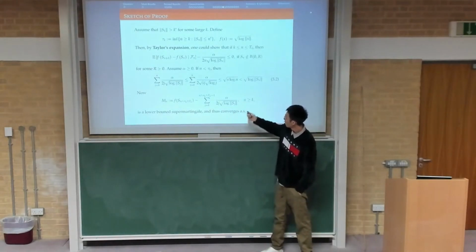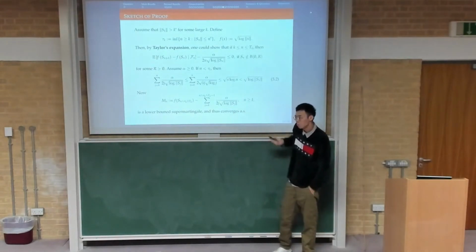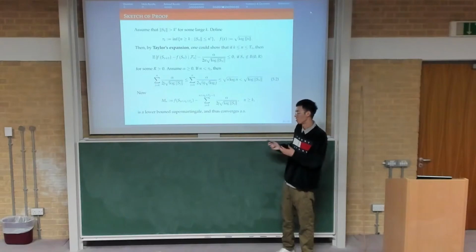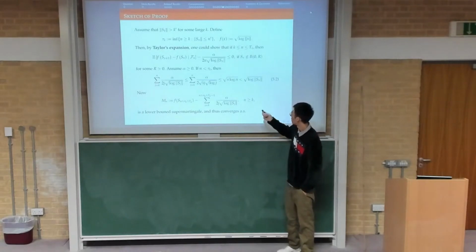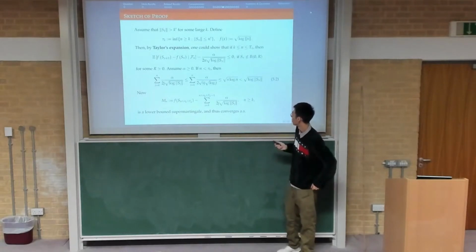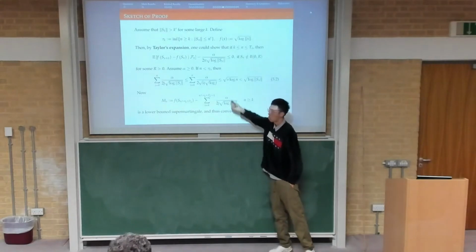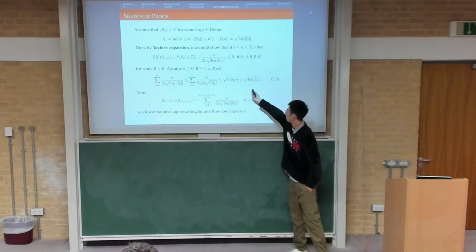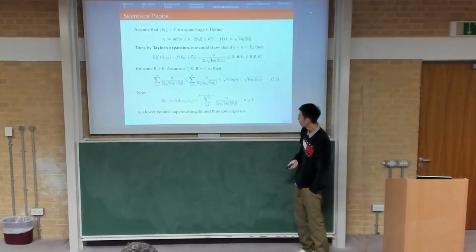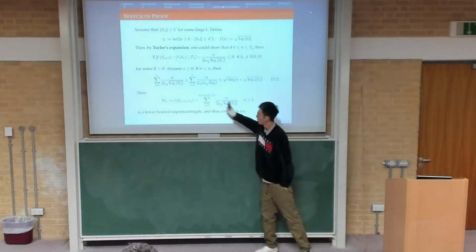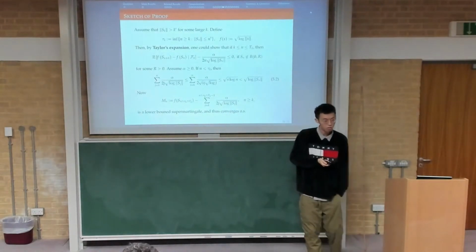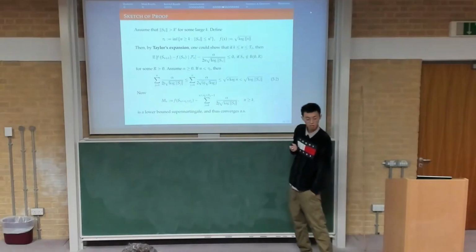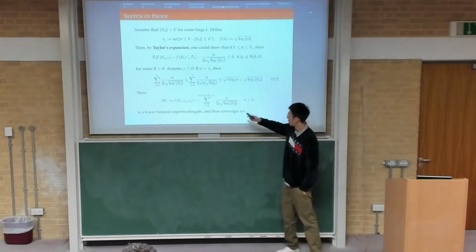Until time n, the total energy, or the total influence of the force, is upper bounded by the square root of S times log n. Of course, it's also bounded by this by the definition of tau k. So this shows that this is a supermartingale, and it's lower bounded because f